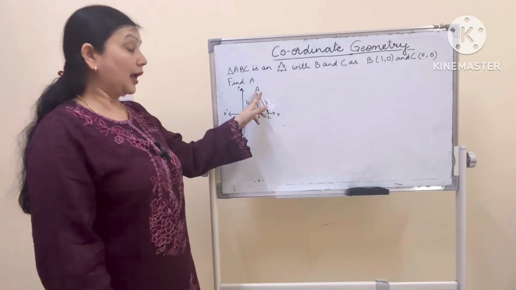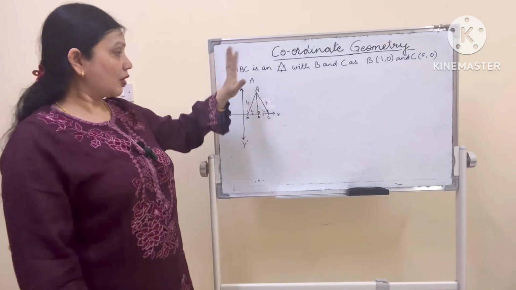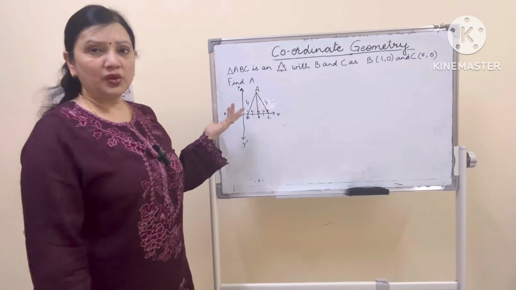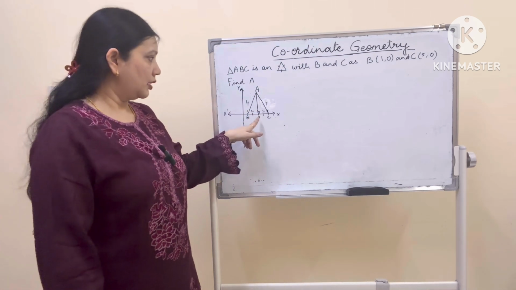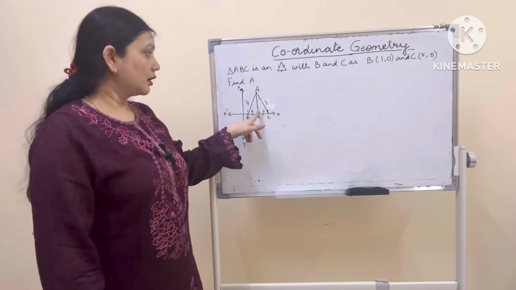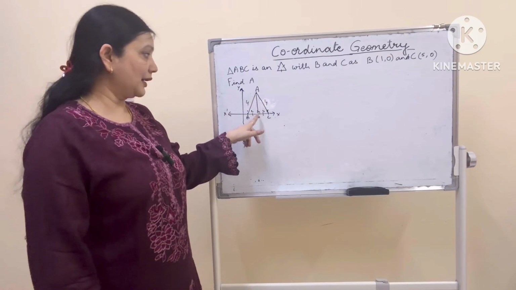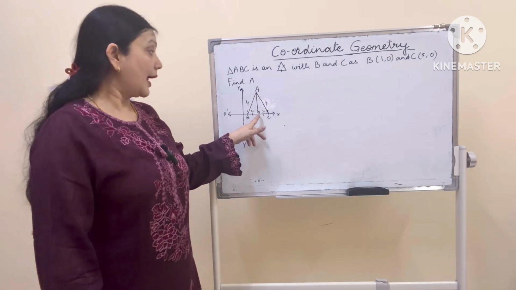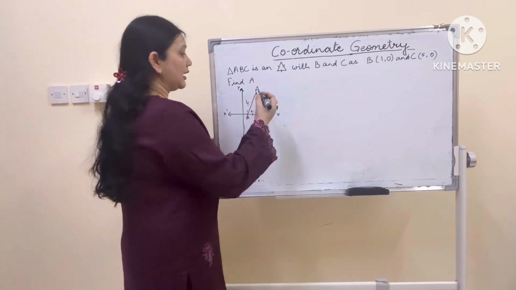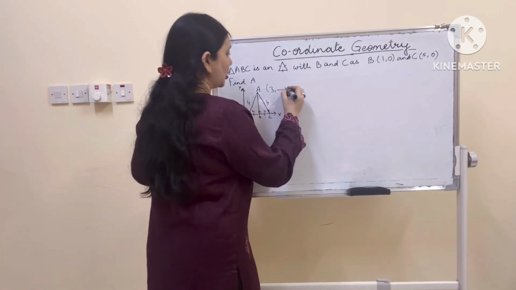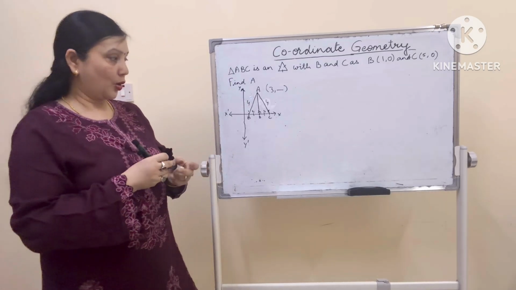Now here A is somewhere in quadrant 1. We do not know any coordinates, do we? We know one. They have marked the distance here. From A, they have dropped a perpendicular and it is coming to 3. That means on x-axis, A is 3. So, one coordinate we know, we do not know the y coordinate.